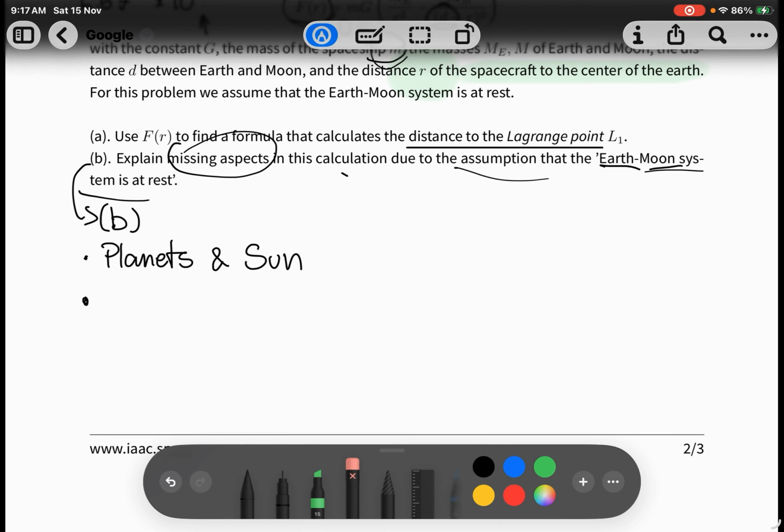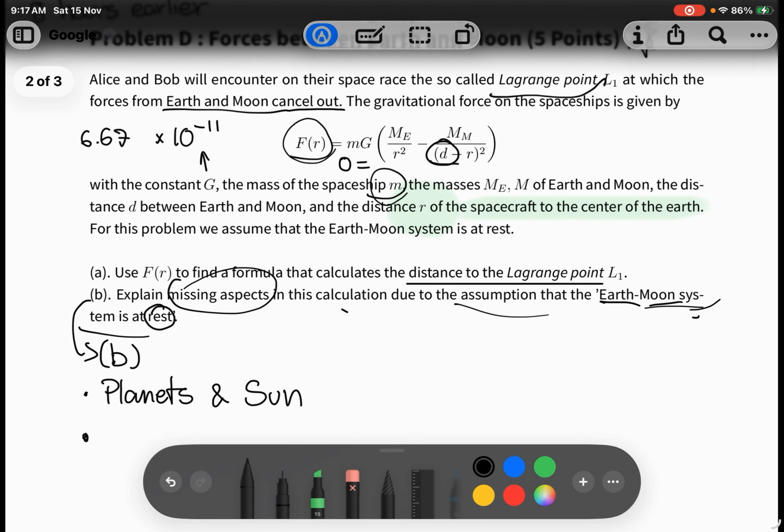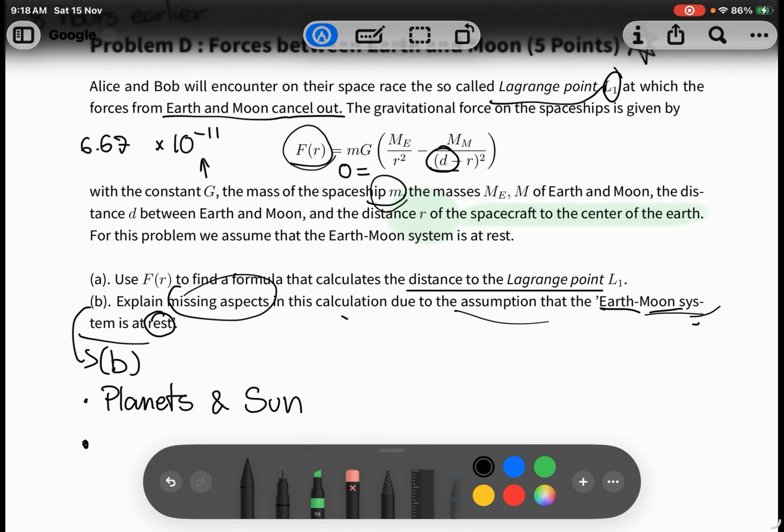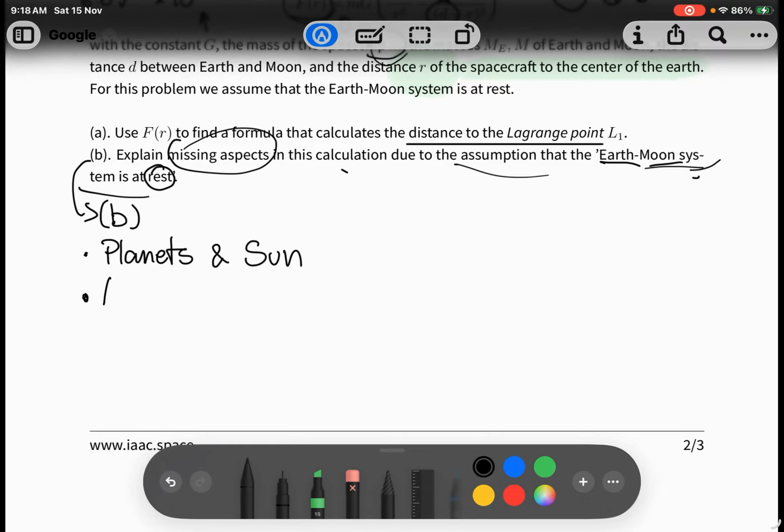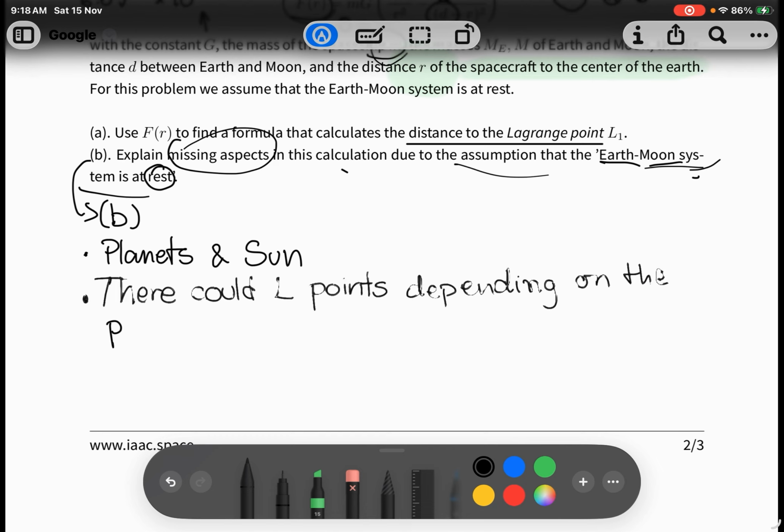Oh wait, okay. I'm pretty sure we can say that it says the system stays at rest. What they're not accounting for is that when they move, they'll have different L points then. This is only one of them. If the Earth is here and the Moon is here, you can say the L point is here. But if the Moon is here, then the L point won't be here anymore. So there could be different L points depending on the position of